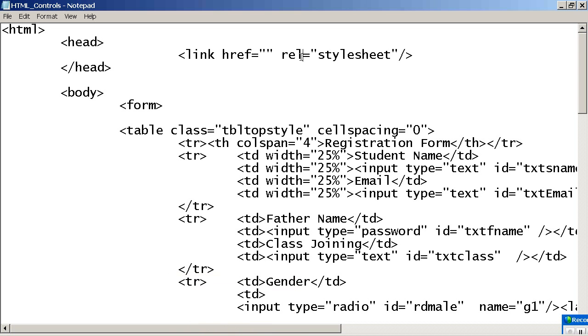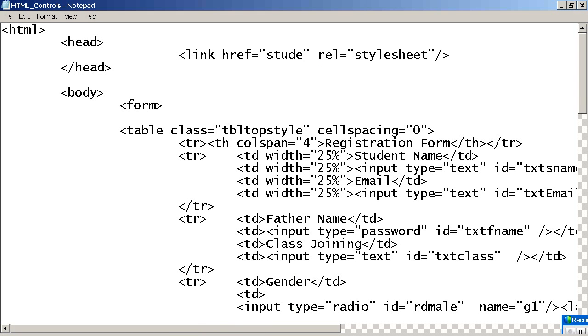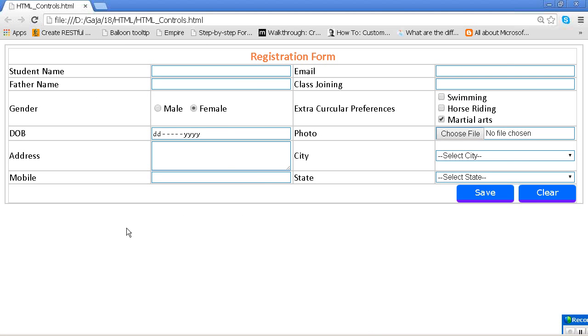Relation, I mean, what is the relation you are going to give? Okay, style is rel. Student underscore style.